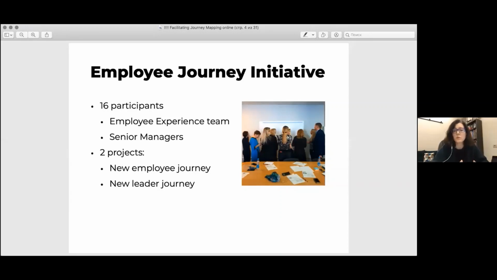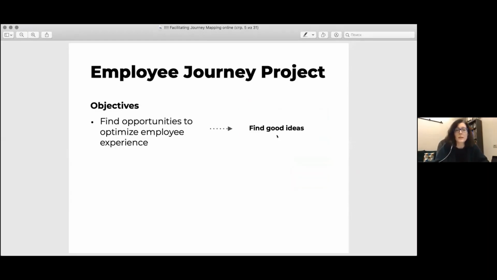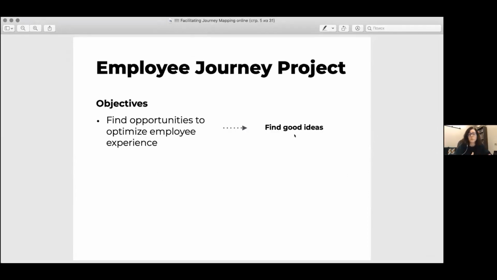They wanted to work on journey maps for two aspects of their employee life cycle. The first one is the new employee experience, and the second one is the new leader experience, how it looks when you're promoted to be a leader in the company for the first time. And when speaking about objectives, of course, they wanted to find opportunities to optimize this experience and